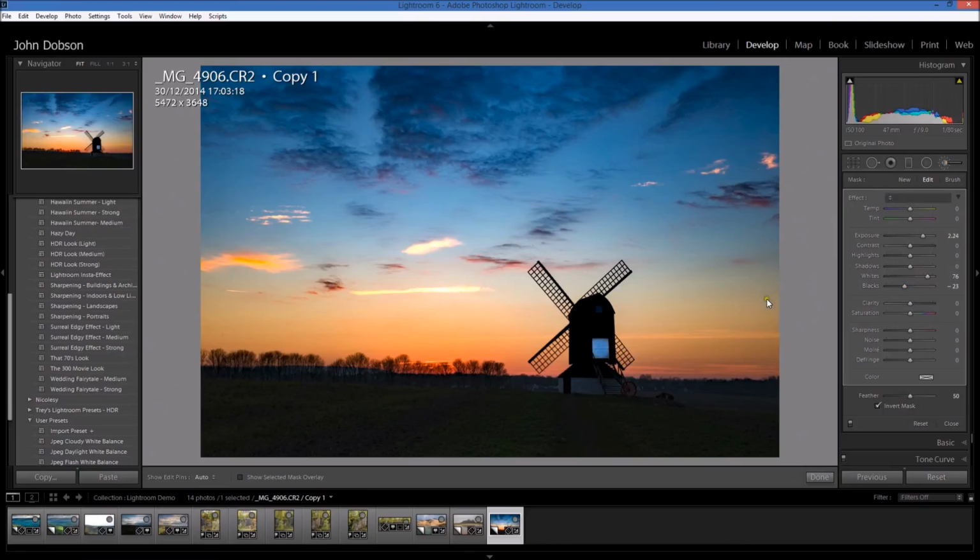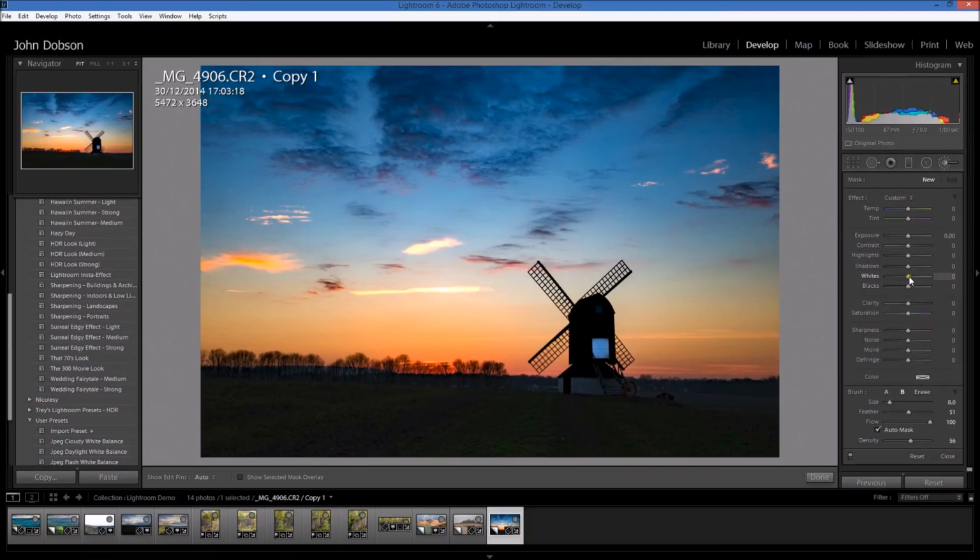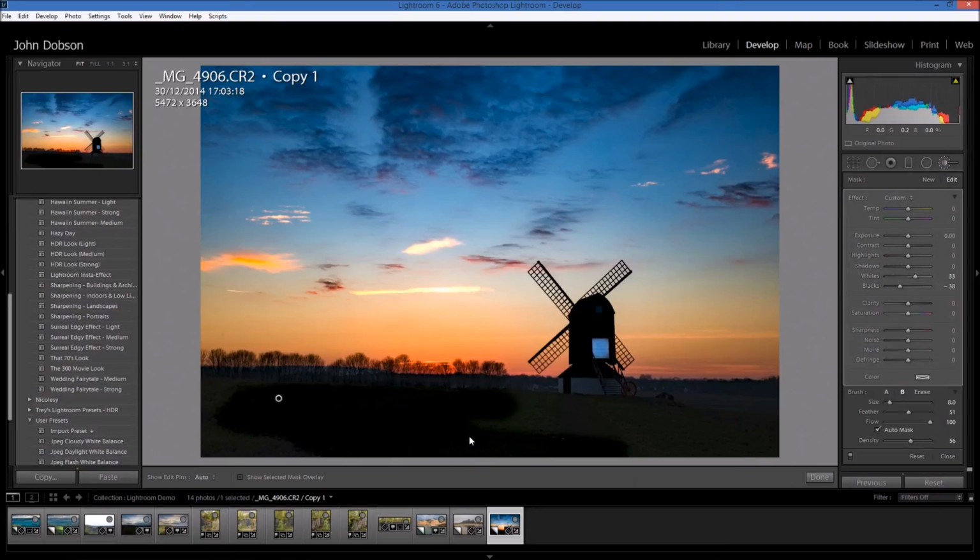And we've got the same functionality on the adjustment brush, where we can set the white point and the black point on the adjustment brush, so we can now paint that into a particular area. So that's actually quite an interesting feature that they've added to Lightroom. I'm not altogether convinced of the real benefit of having it on the adjustment brush, but I guess it's a nice thing to have on the few times where you might want to use it. But anyway, that's what's new in Lightroom CC, released earlier this week in June,